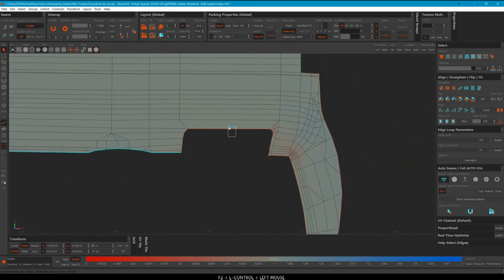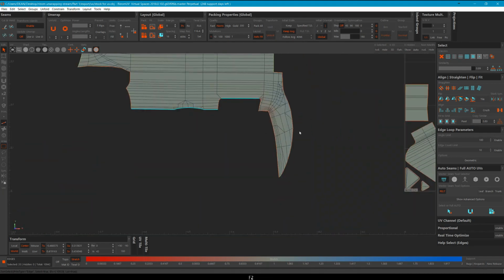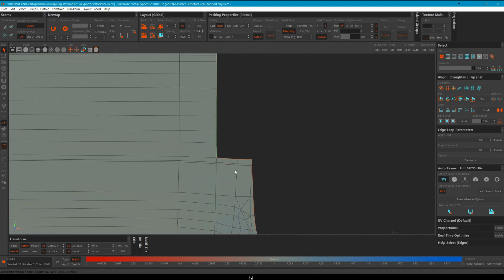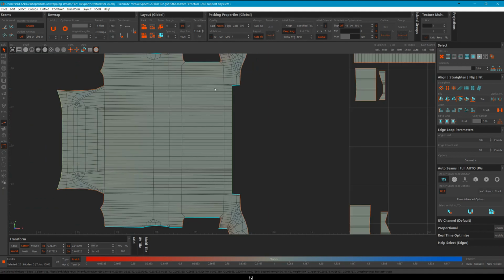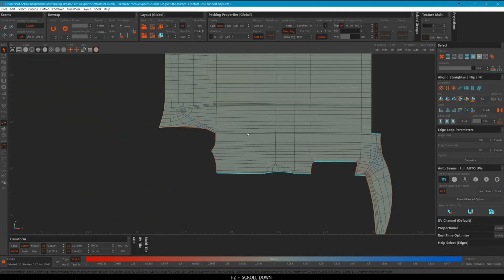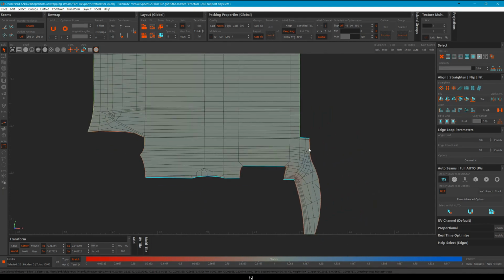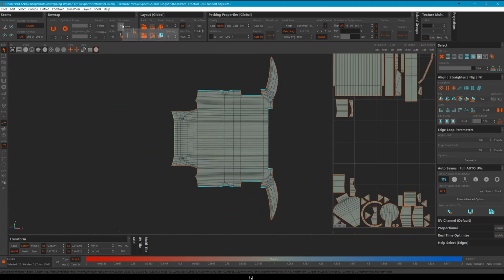So I'm gonna make these guys horizontal, this one as well, and this one as well. These guys as well. So yeah, try to straighten the edges which you can. You can't straighten all of them, so don't overdo it, it's not gonna help. So this is basically the same selection. I'm gonna press the Alt T, yeah, Alt T is the horizontal one, the purple one,